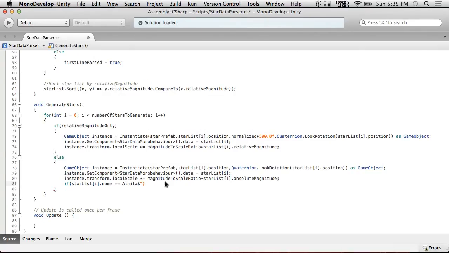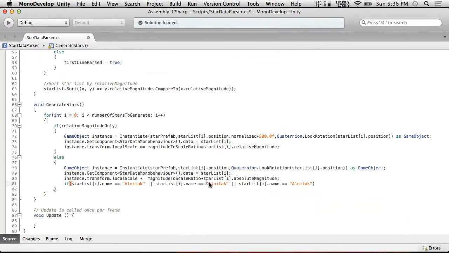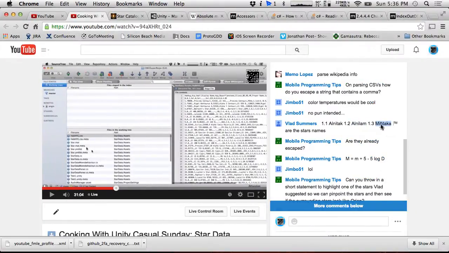So if it equals Altenac, or, so we'll just do, and,